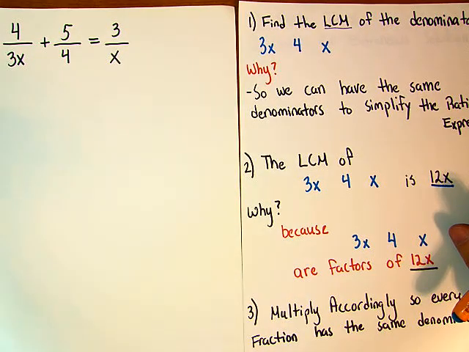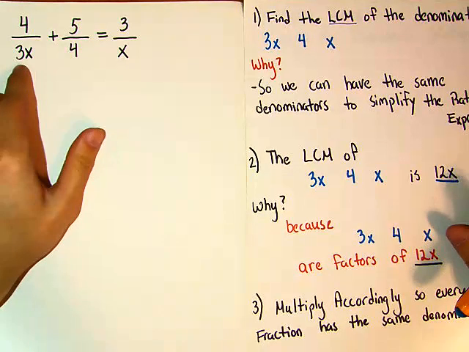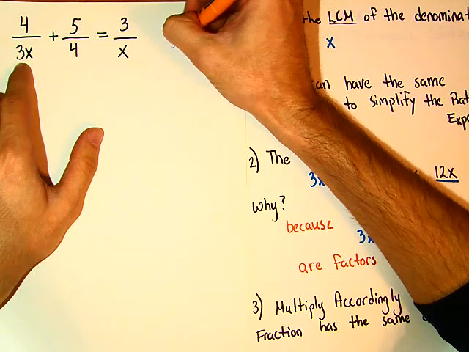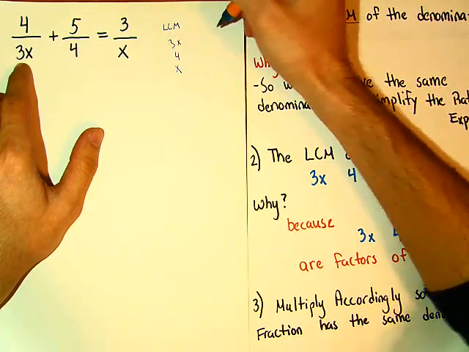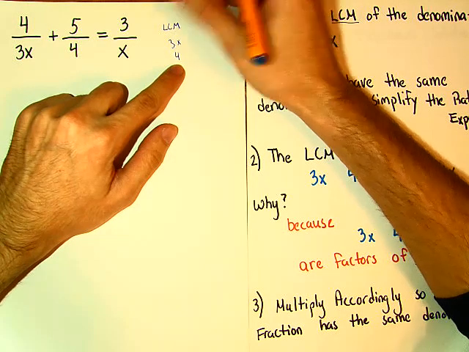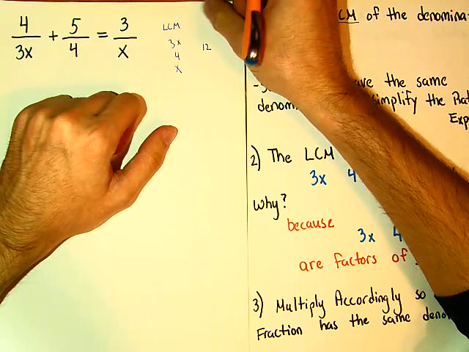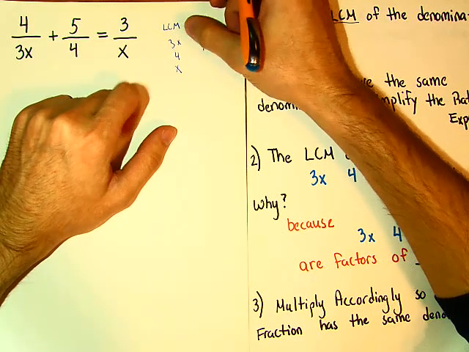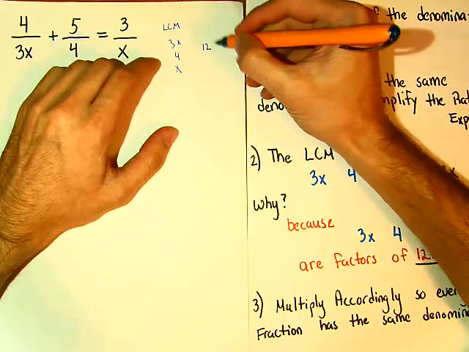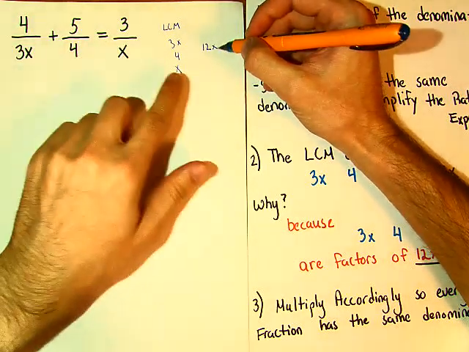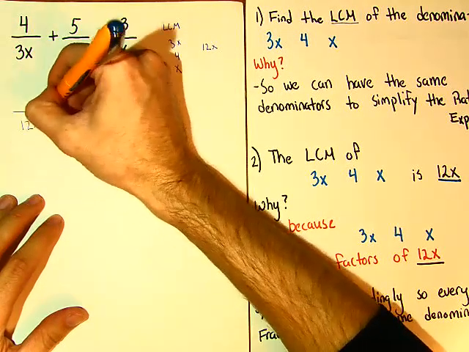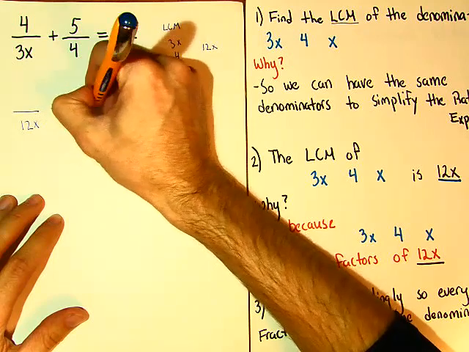And if you're thinking how and why, well, let's see. What is the LCM of 3x, 4, and x? Well, what's the LCM of 3 and 4? Forget about the x. What about 3 and 4? Well, that's 12. And what else does it need? What's the LCM of x and x? And that's just x. So all of these need a 12x. So what we're going to do is change them so they all have a 12x. Okay? All right, equals